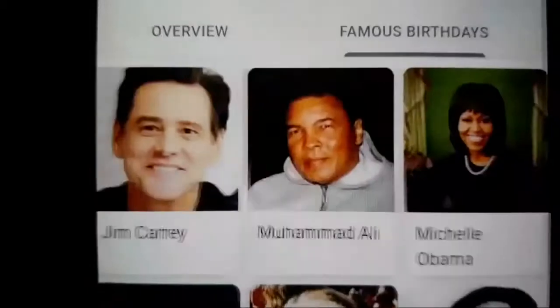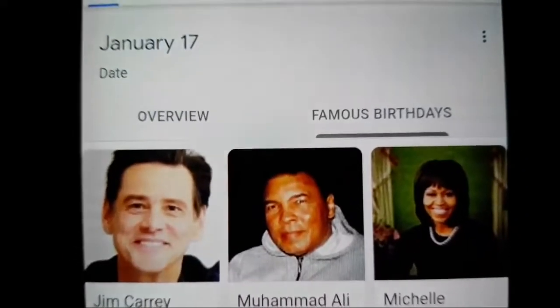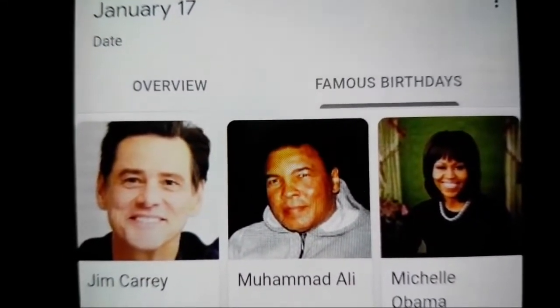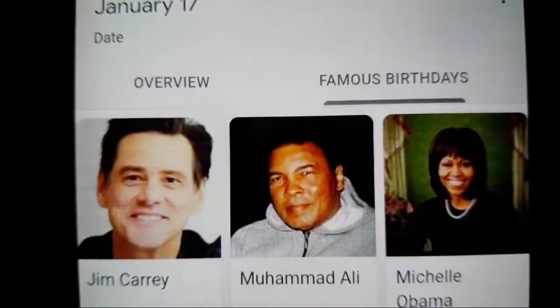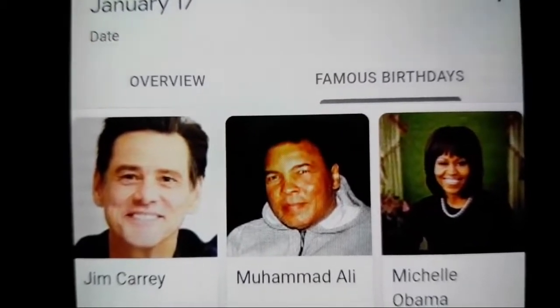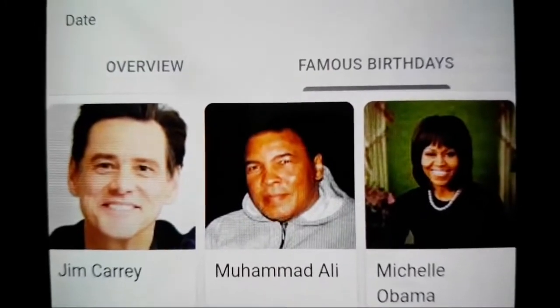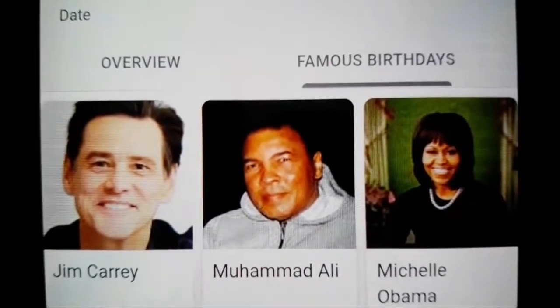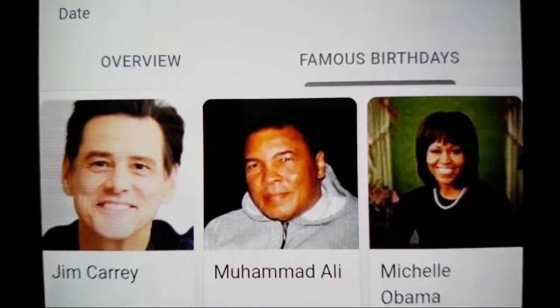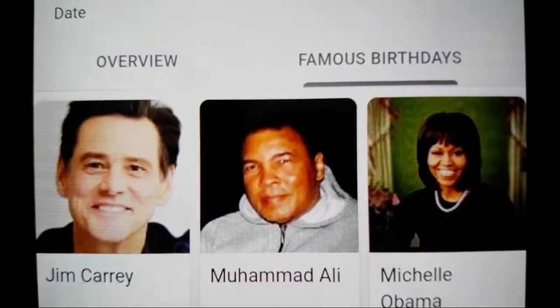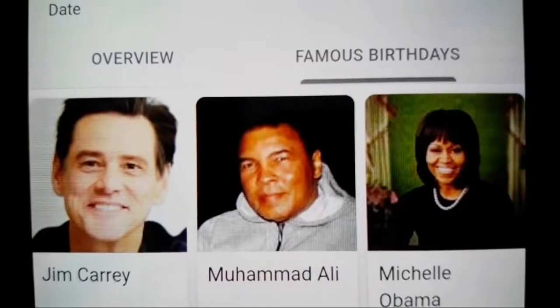Vester Presley died on January 17th, and who was born on January 17th? Jim Carrey, who did all those Elvis impersonations. Also, Andy Kaufman was born on this day, who did all the Elvis impersonations and who supposedly died, but they think he's alive. Jim Carrey does Elvis impersonations, and he also did a skit on Saturday Night Live where he came out as Elvis with goat horns on his head, and it was called Hell This.